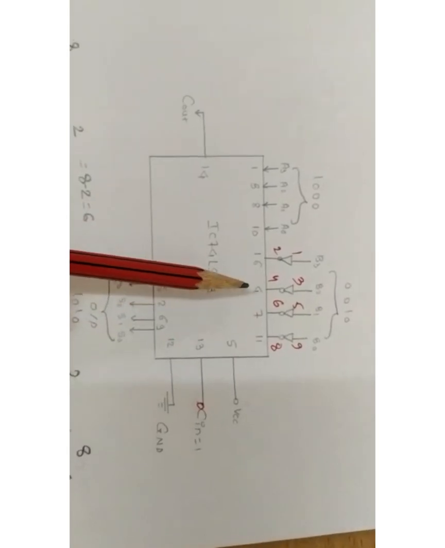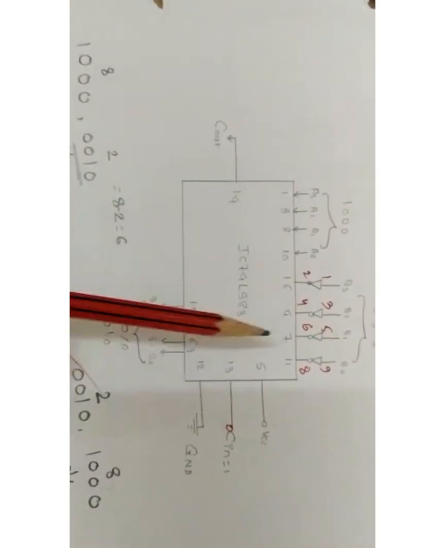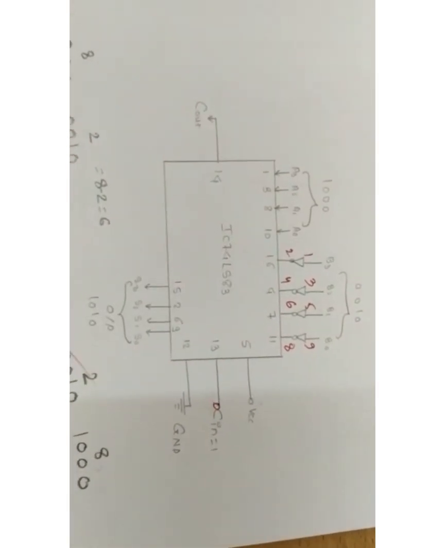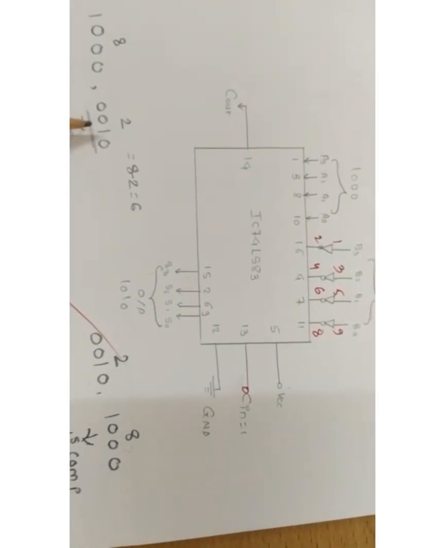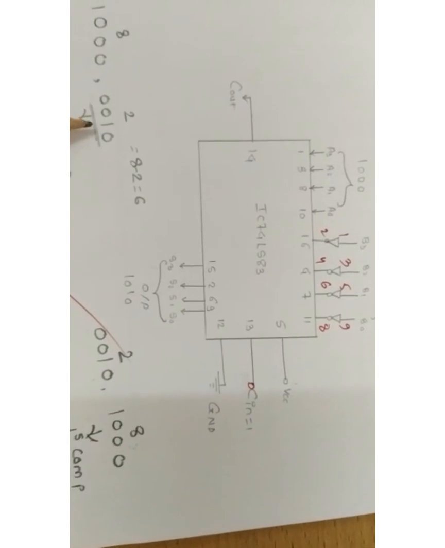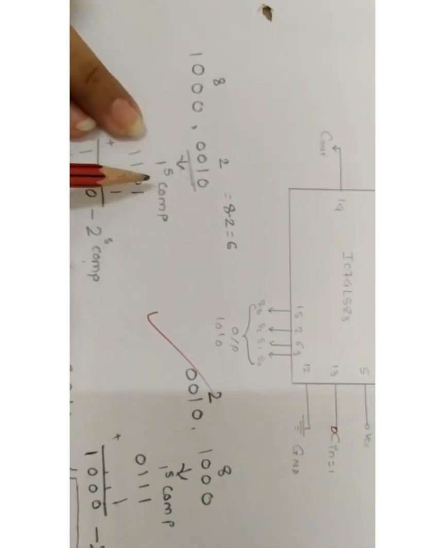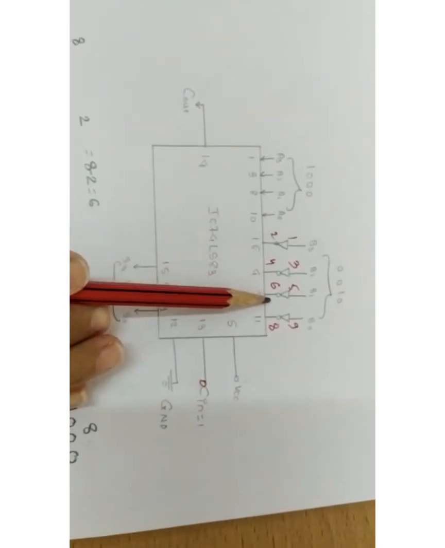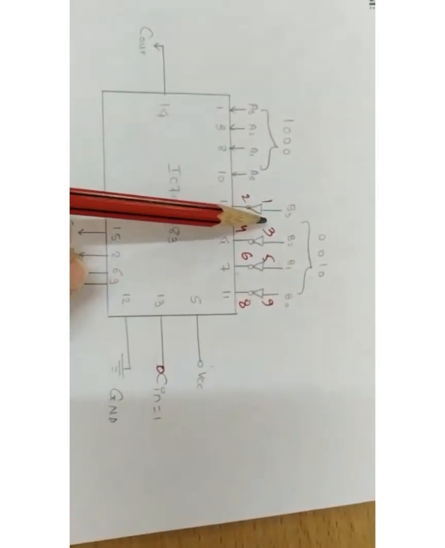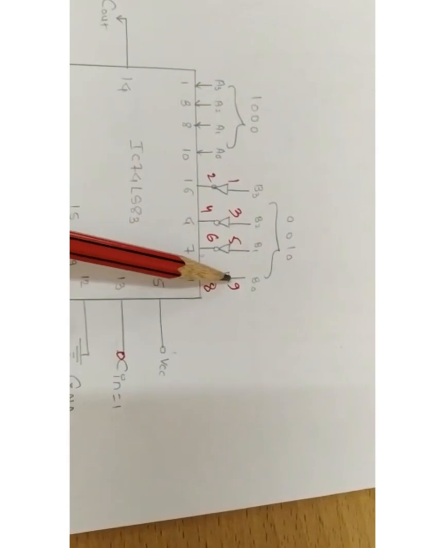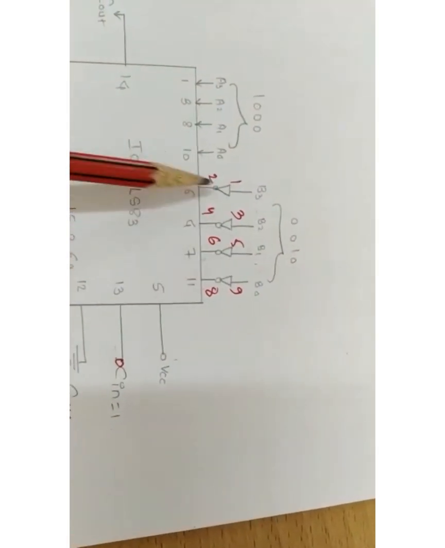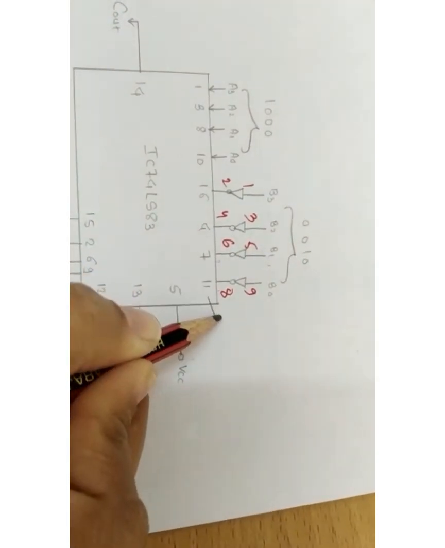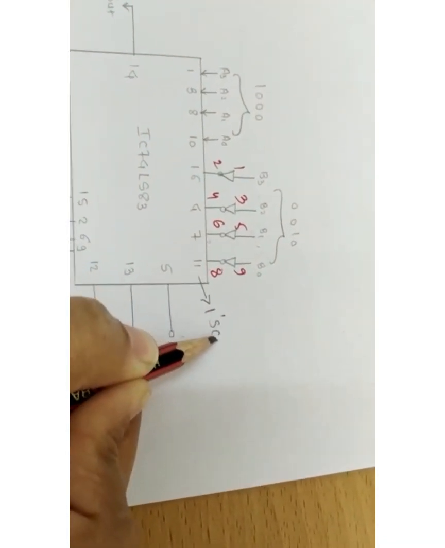Okay, so now we will see the circuit diagram. It's very easy to understand the circuit now because we are taking the 2's complement of the second number. How do you do the 2's complement of the second number? First you take the 1's complement. How do you get the 1's complement? By using NOT gates. So I am taking the 1's complement of the second number using NOT gates, and whatever output comes is nothing but the 1's complement.